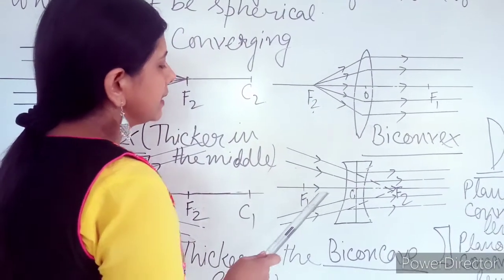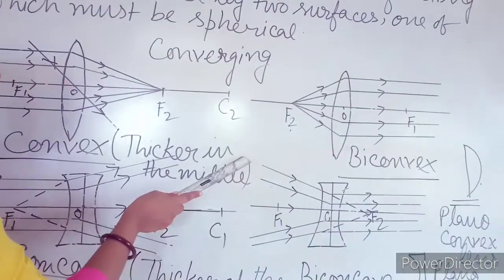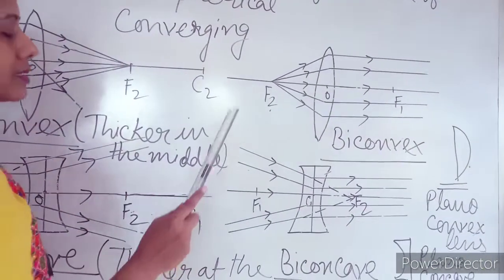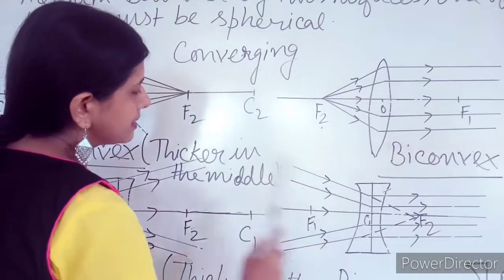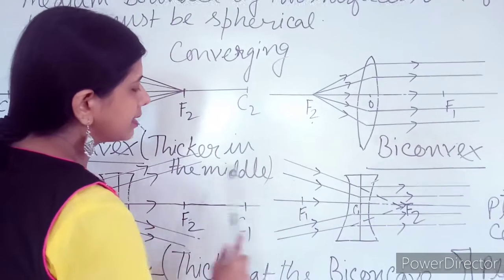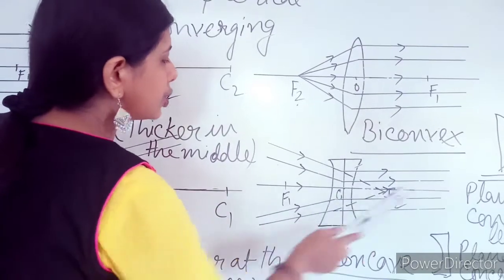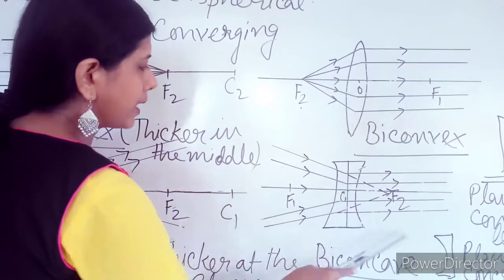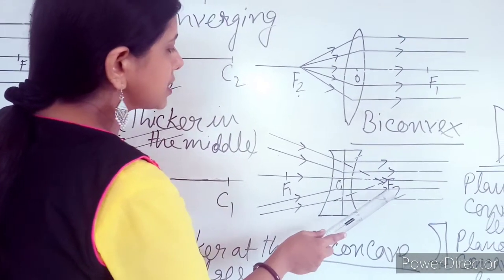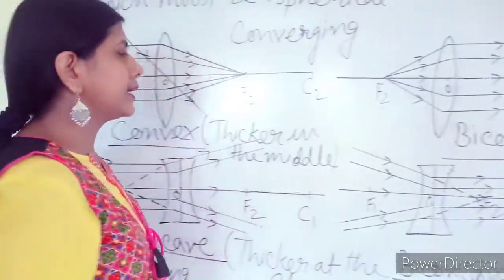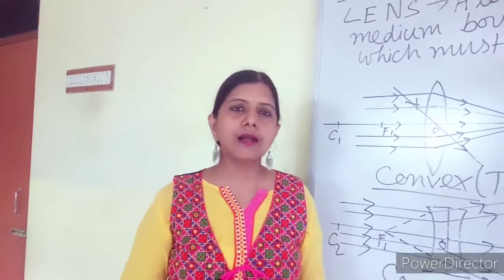After refraction they are becoming parallel to each other. Actually these rays appear to come, but actually they are not coming. This is imaginary. They appear to be coming from this point. So these are the rays actually coming. Divergent rays are coming. After refraction they are becoming parallel to the principal axis. So the point from where they are appearing to come, that point is also known as the focus of the lens. So I think I am able to explain to you optical center, center of curvature and focus.